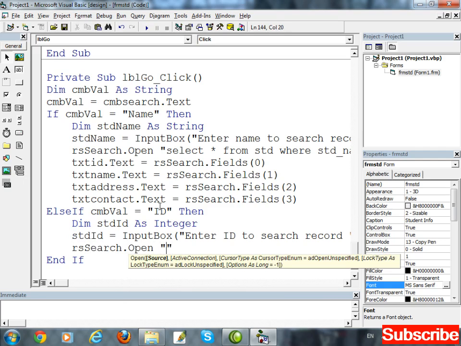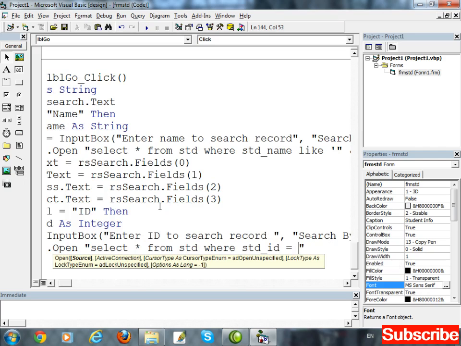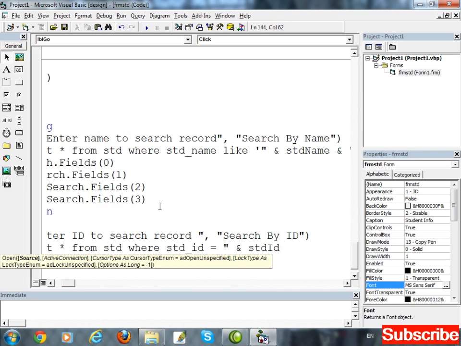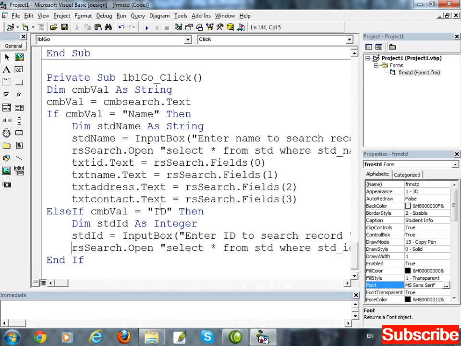In source write query: select star from table std where std underscore id equal to, the ID is stored inside the std id variable. So just write that variable, concat std id. Simply record will be searched. If record exists, it will be displayed in the text boxes.